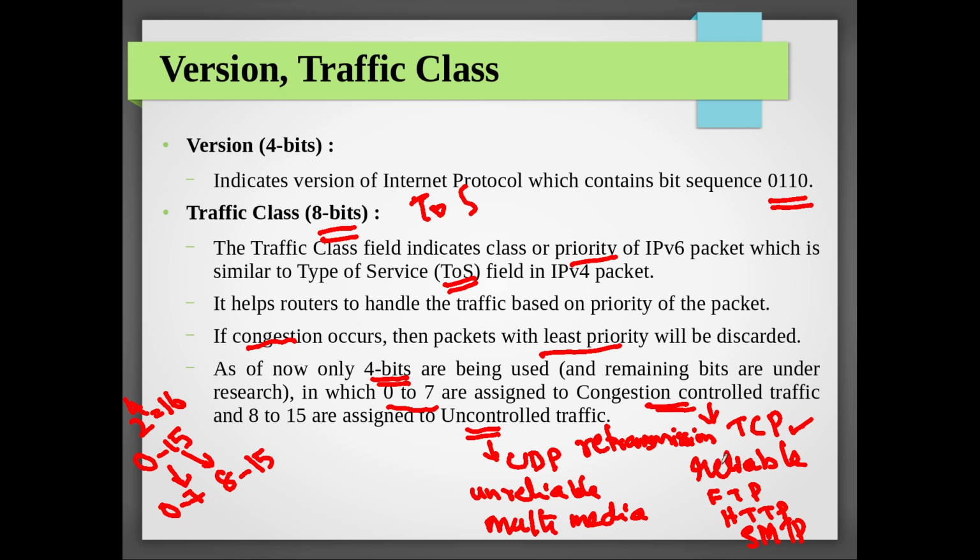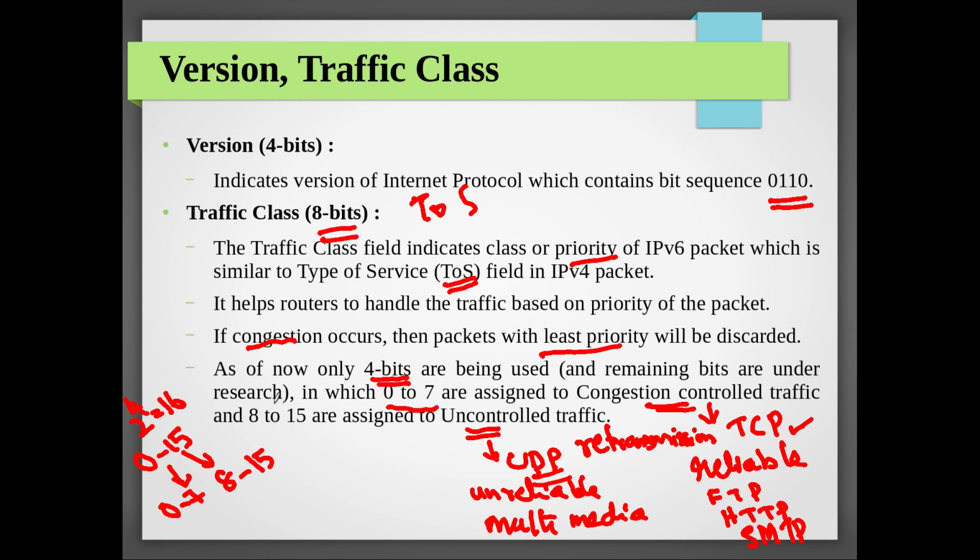And if you are looking at internet traffic, most of the traffic is covered by multimedia. Okay, and you know how important it is for the current scenario. So in such a situation, try to give some more attention to UDP or uncontrolled traffic in general. Now that is what IPv6 is trying to implement.